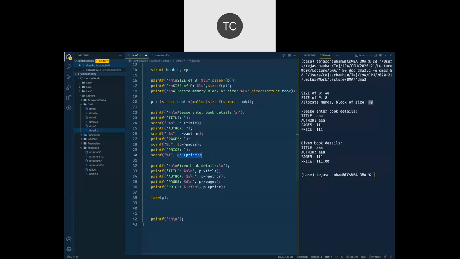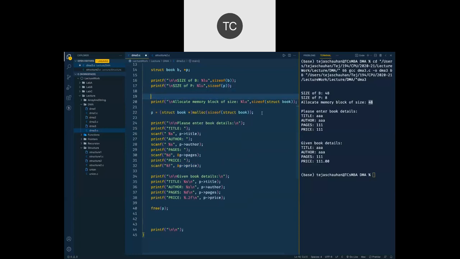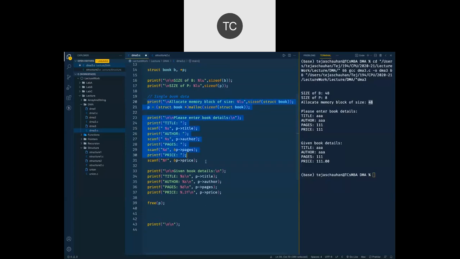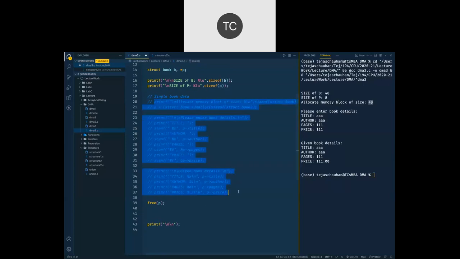Okay, so let's move to the next example. Now at this point of time, what we have done was we have gone for a single book data, correct? Now what we want is, instead of going for single book data like this way, let me comment it out.